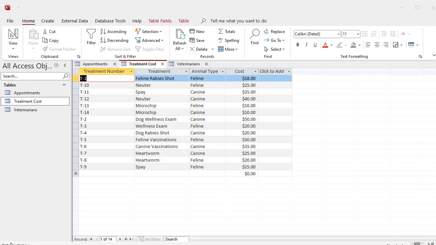Sometimes you may find yourself in a position where you need to change a number of different things at one time. Let's say I don't want it to say feline anymore. I want it to say cat now. So make sure you're clicked on the Home tab and then click on the Replace. Sometimes it takes a second to find it. There it is. Right here where it says Replace. If I click on Replace,